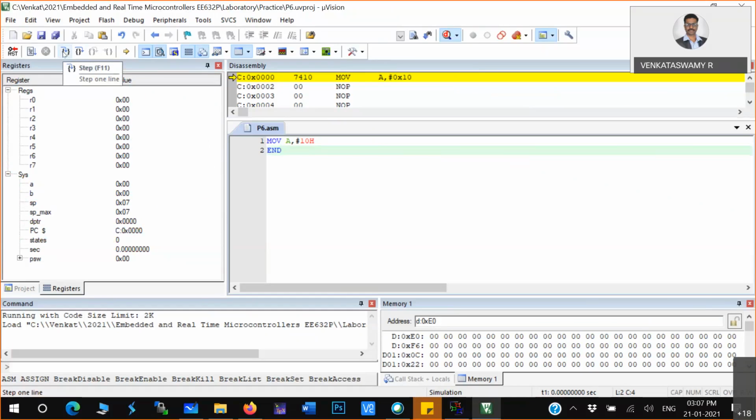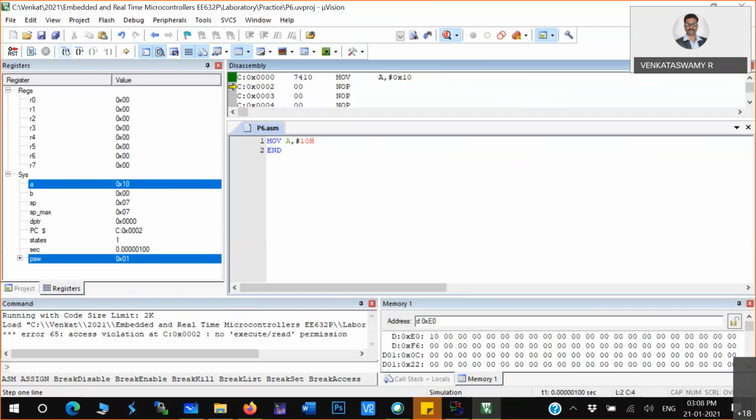Similar to MCU IDE, there is one button called step run. When you click on that particular step run, let's see what happens. Initially observe program counter is 00 and accumulator is 00. Once you run this command, now see what reflections happened. Program counter becomes 0002, the next instruction location, and accumulator is loaded with the value 10. Also you can see here the internal memory E0 location is loaded with the 10 value. So accumulator A is nothing but an internal memory RAM location. The program counter is increased to the next memory location.